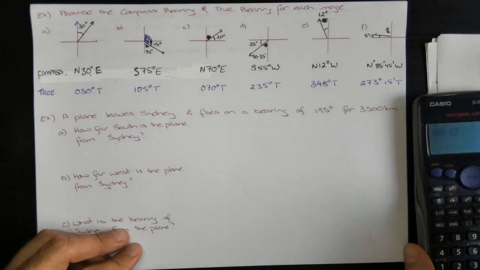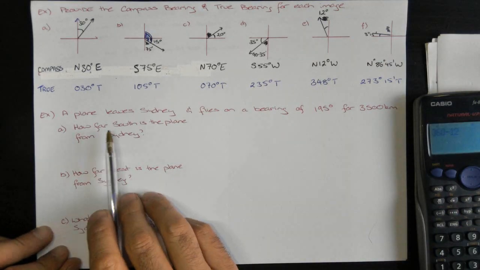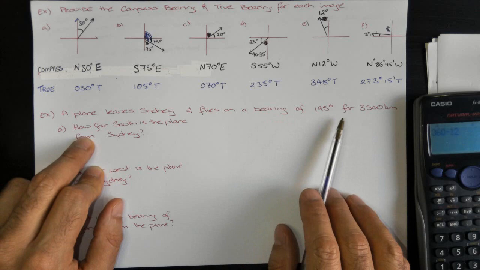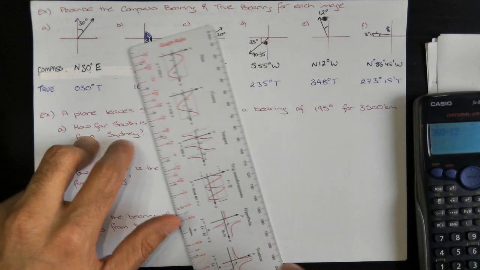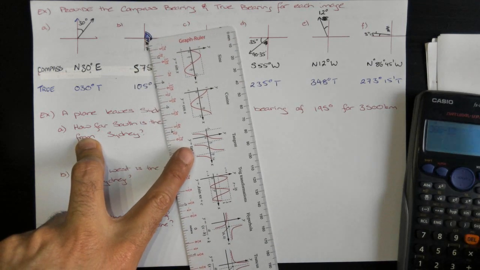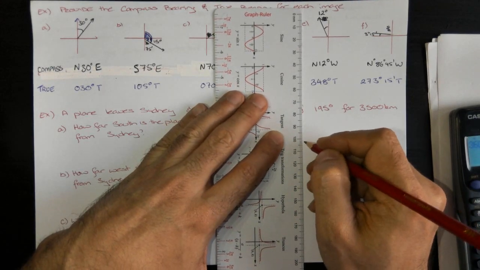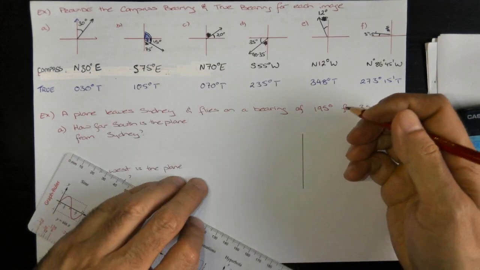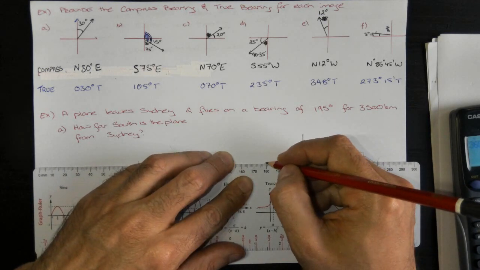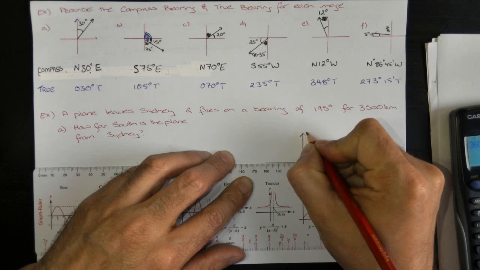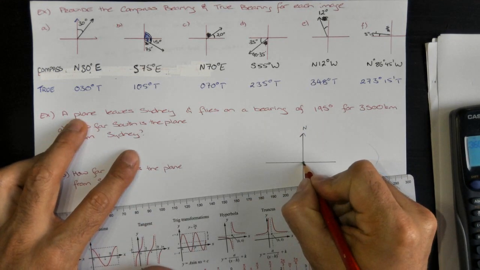Okay. Let's do some worked examples using trigonometry. Alright, a plane leaves Sydney and flies on a bearing of 195 degrees for 3,500 kilometres. So the first thing we really want to do is we kind of want to draw a diagram. So the first thing I always do is I have a kind of cross in my middle page. Okay, there's my north. All right, it says a plane leaves Sydney, so let's say this dot here is Sydney,